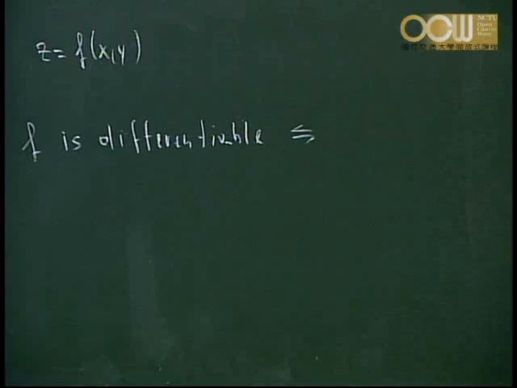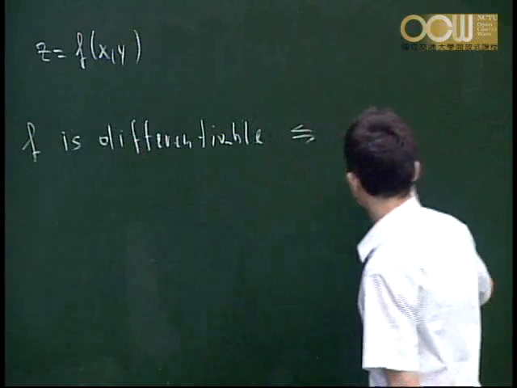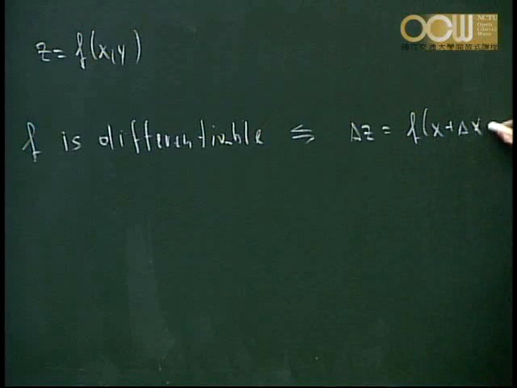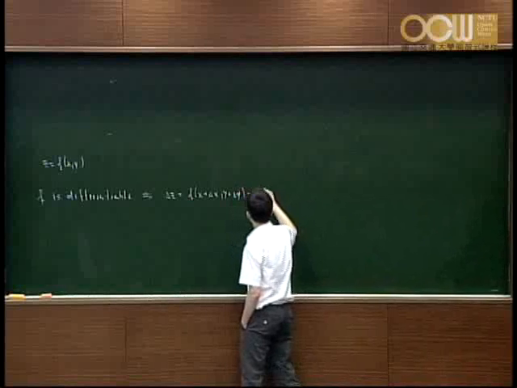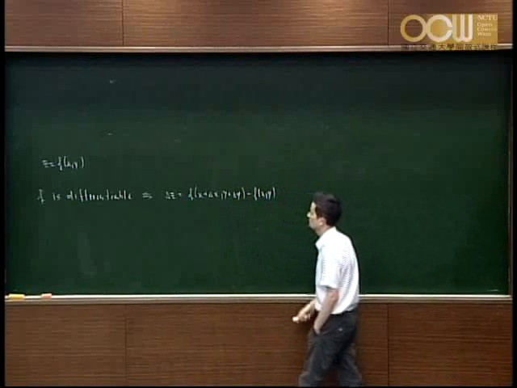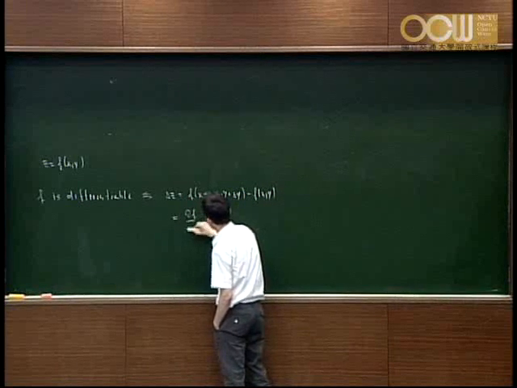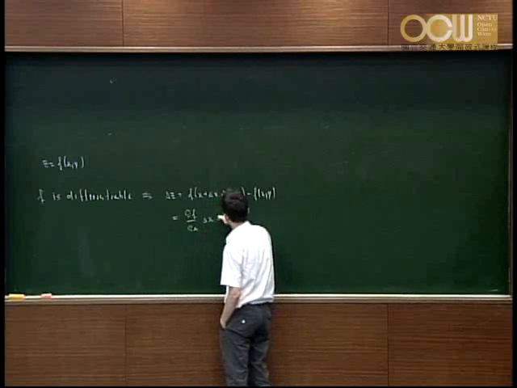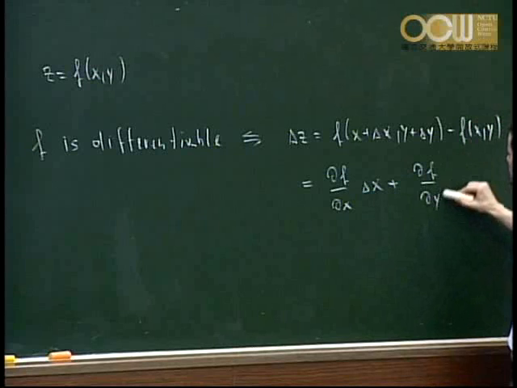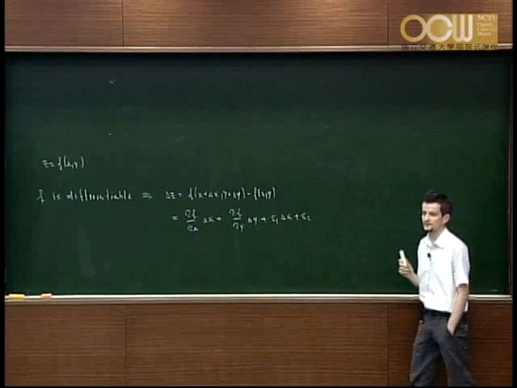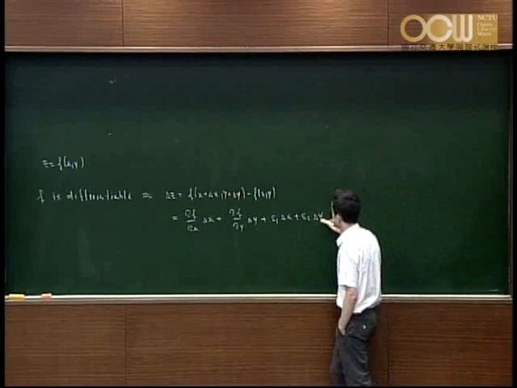If, so the definition is, we look at what we called last time delta z. So this is f of x plus delta x, y plus delta y minus f of x, y. And if we can write this as the partial derivative of f with respect to x times delta x, plus the partial derivative of f with respect to y times delta y, plus a function epsilon 1 which depends on delta x and delta y times delta x, plus a function epsilon 2 which also depends on delta x and delta y times delta y,